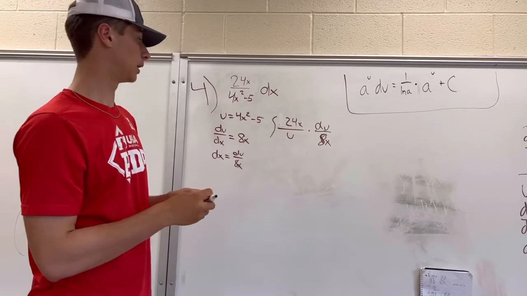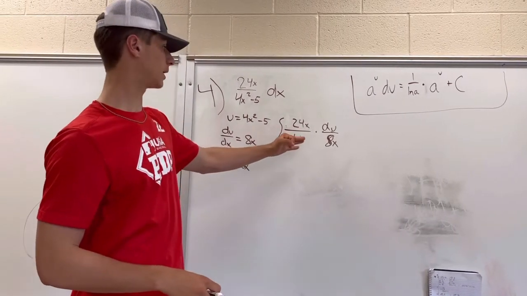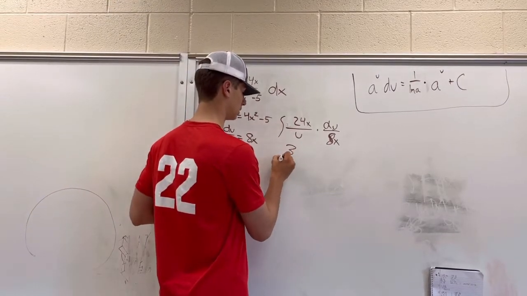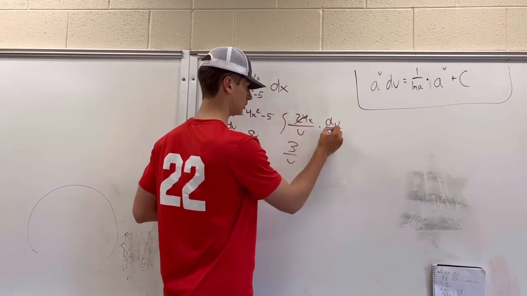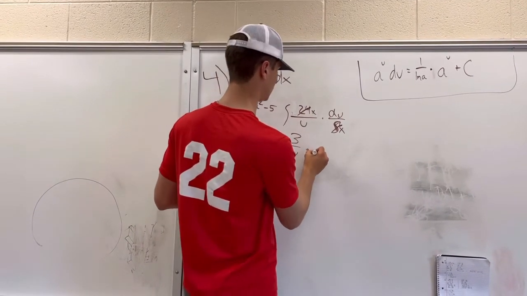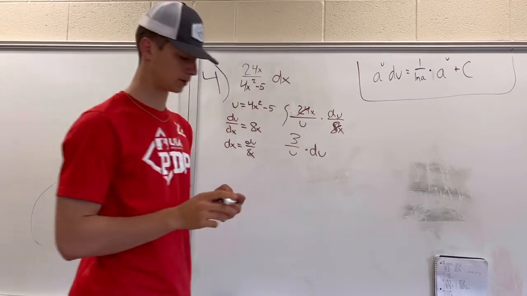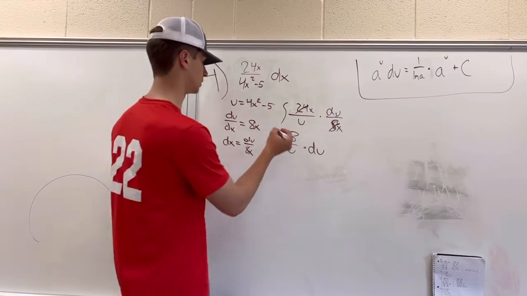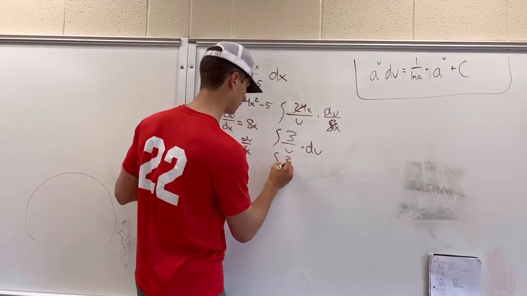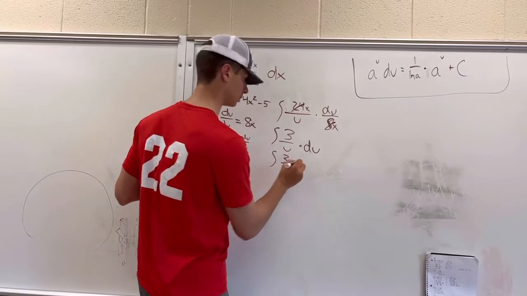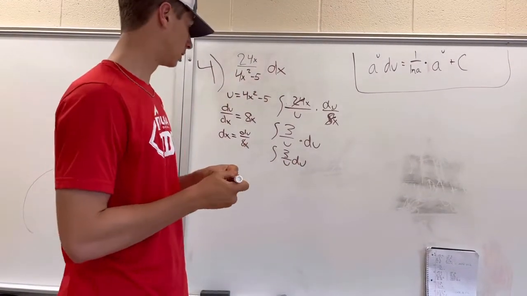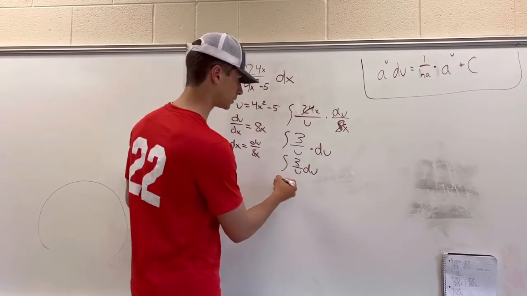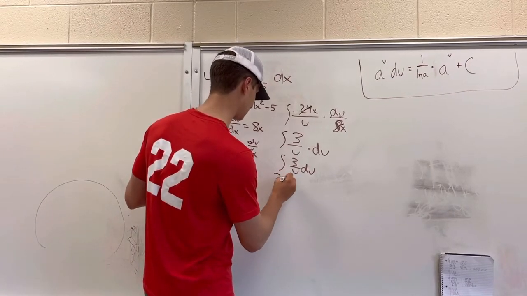From here, you are able to simplify our 24x and our 8x. So that would leave us with just 3 over u times du. Okay? And from here, it would just be the integral of 3 over u du. And then from here, as we've done in previous problems, we take the 3 in front of the integral, so that leaves us with 3 integral